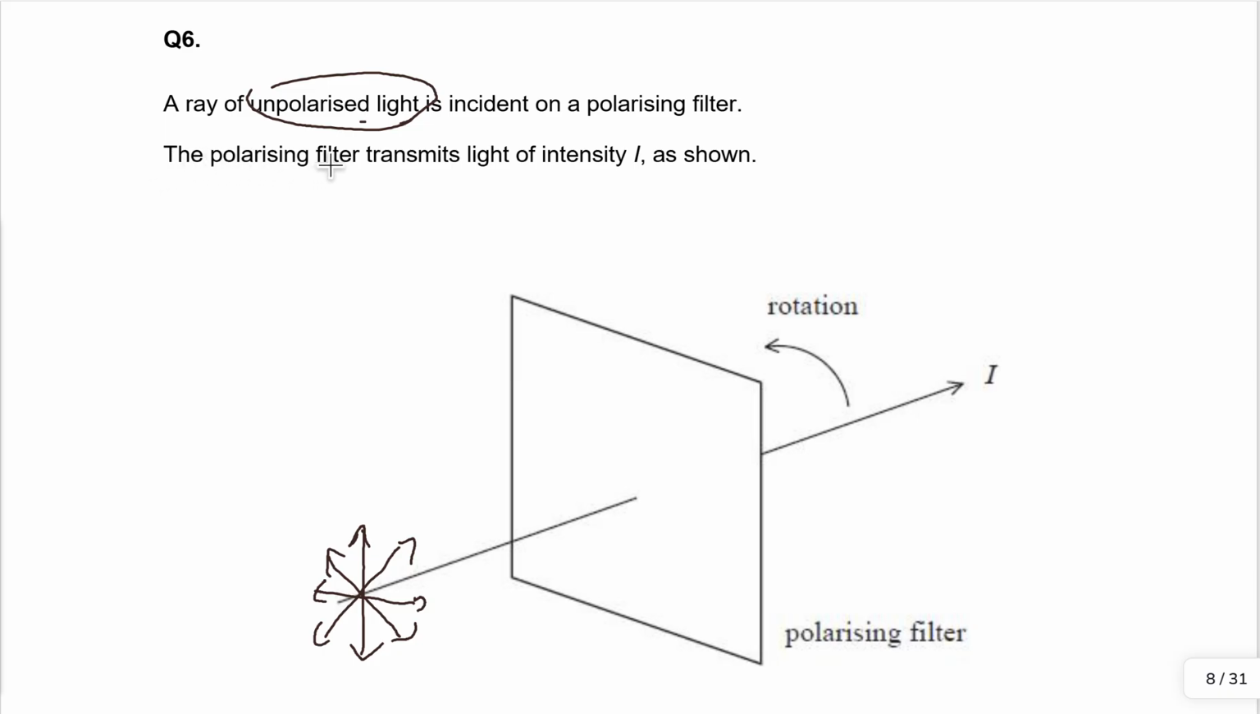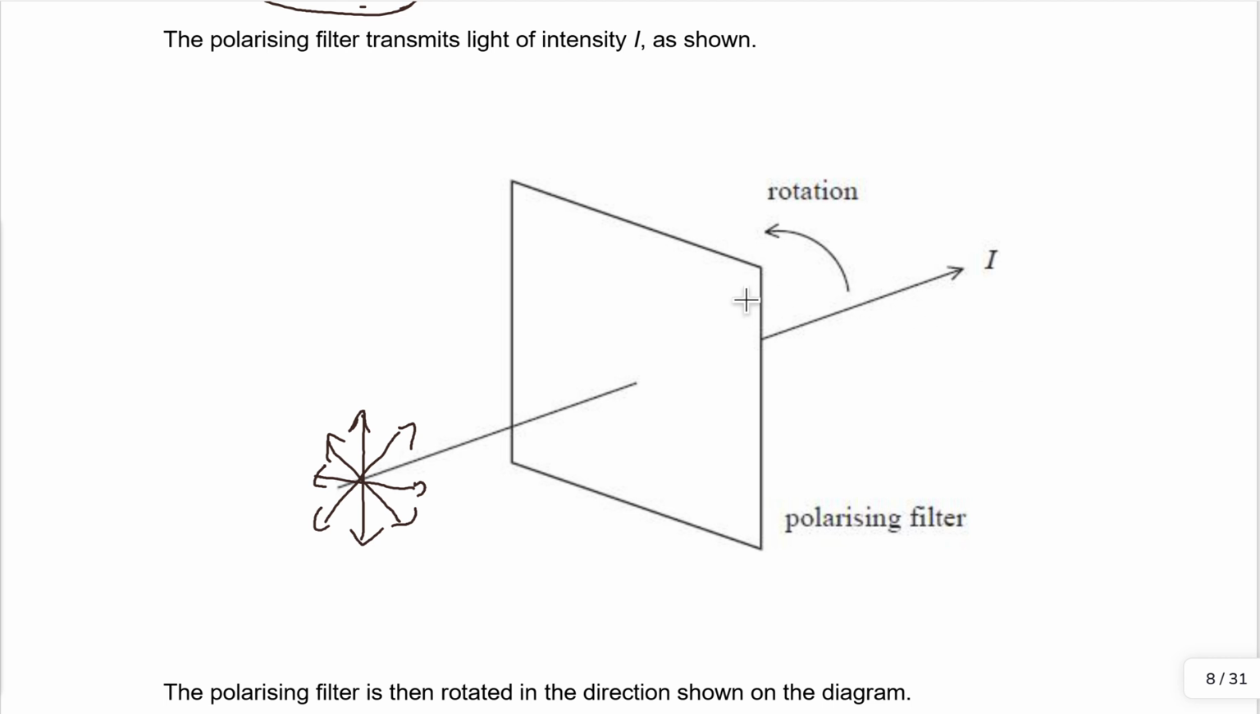The polarizing filter transmits light of intensity I. So the intensity coming out over here is I, and this filter is rotated. So this filter would, let's say, polarize in a direction, and let's pick a direction in the vertical plane. Now we can see there is an oscillation in the vertical plane, and that will pass through, and we will get some intensity. We will get some component of these offset